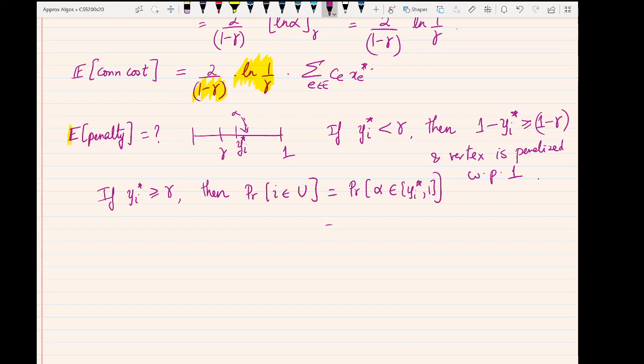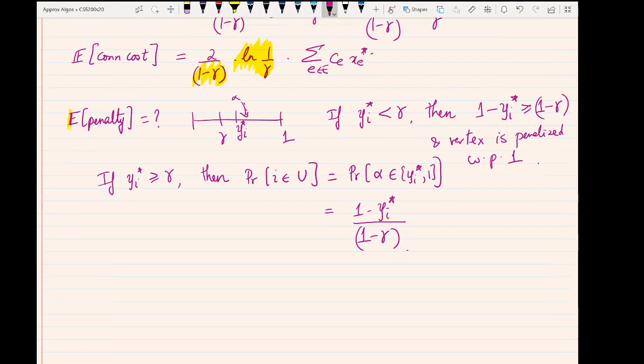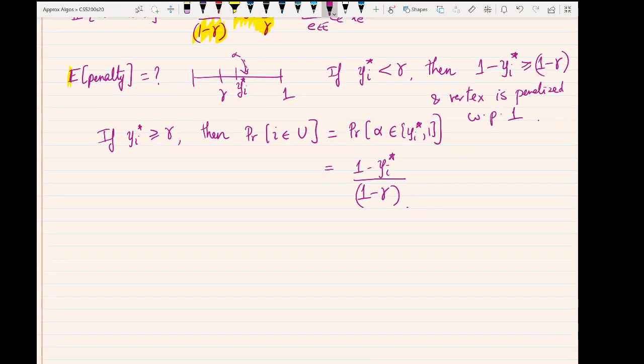Okay, and this probability is equal to 1 minus yi star divided by 1 minus gamma. Therefore, the expected penalty is exactly equal to